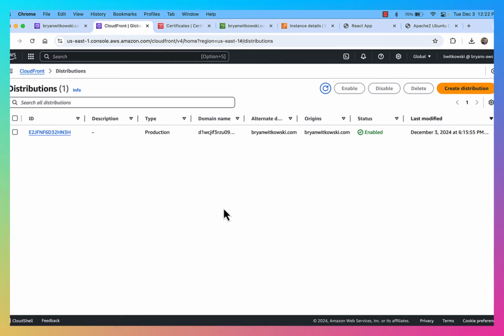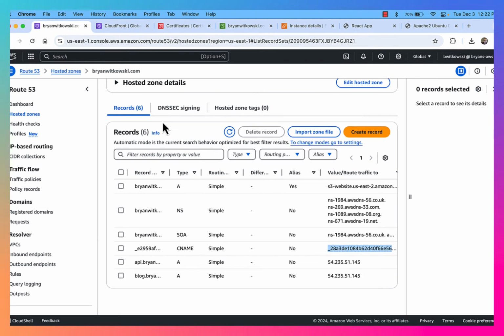Okay, so the distribution just finished. So now I have a CloudFront distribution. And now I'm going to go back over to Route 53. And instead of pointing brianwitkowski.com at my S3 bucket, what I'm going to do is edit that